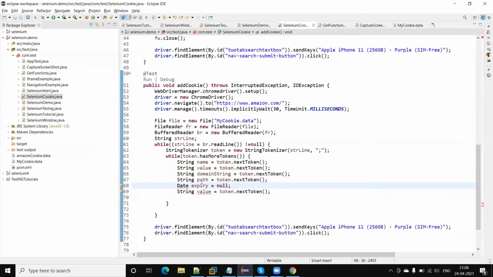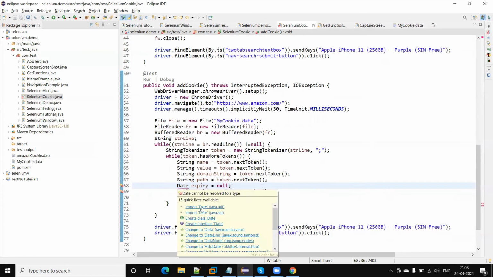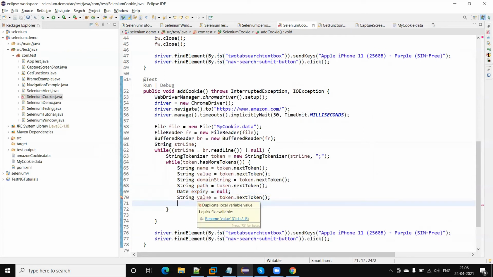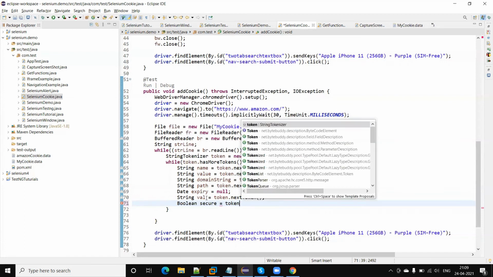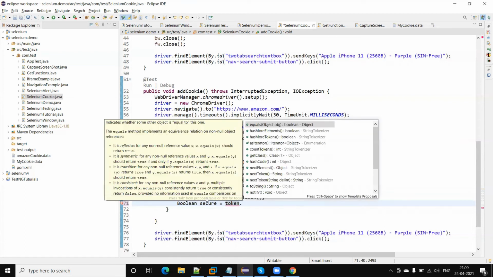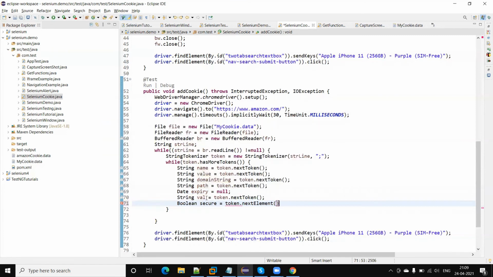Okay, so next I have stored the secure. Secure is next token.